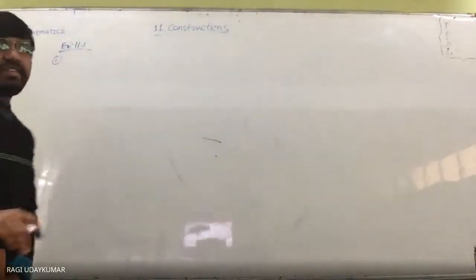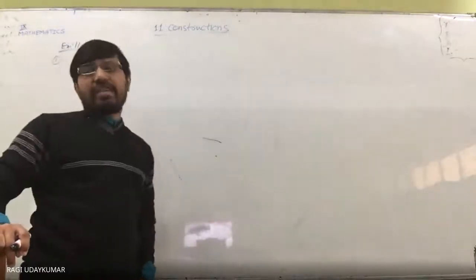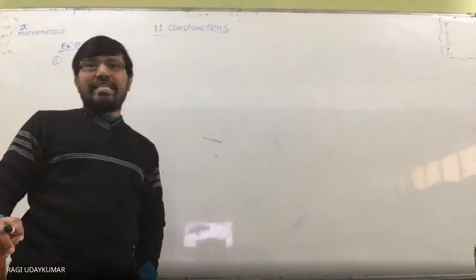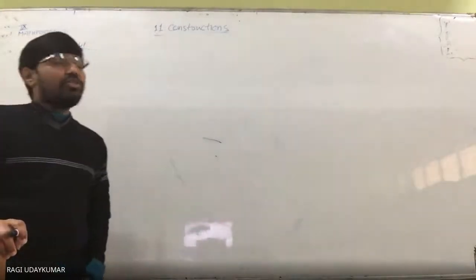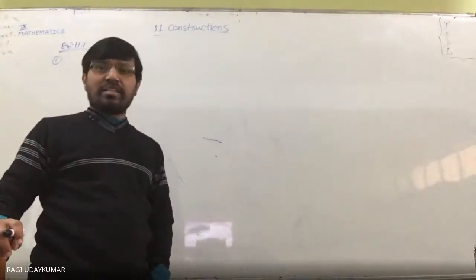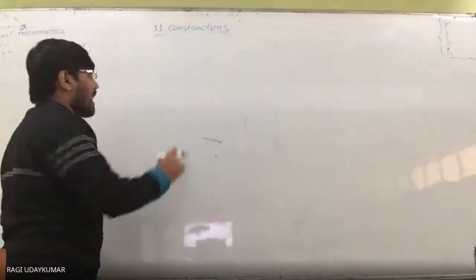So first question, it is given that construct an angle of 90 degrees at an initial point of the given ray and justify your construction. Okay. So 90 degrees you have to construct using the protractor. Easily you can do it. Using the compass and ruler, how do we do it? Let us see. Okay. So 90 degrees angle you need to construct.